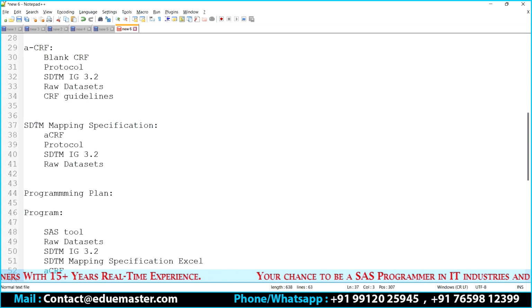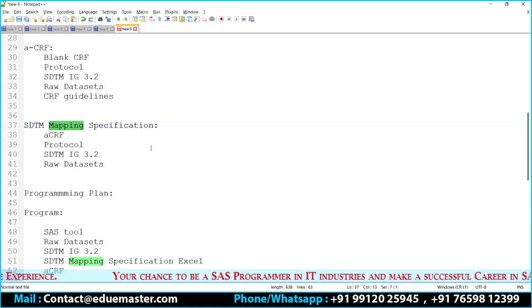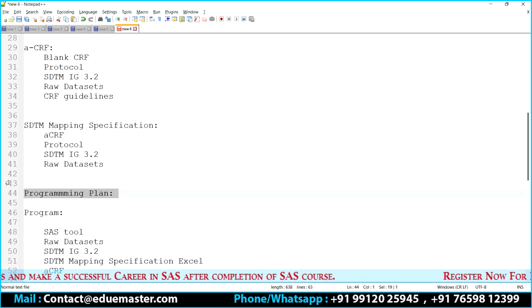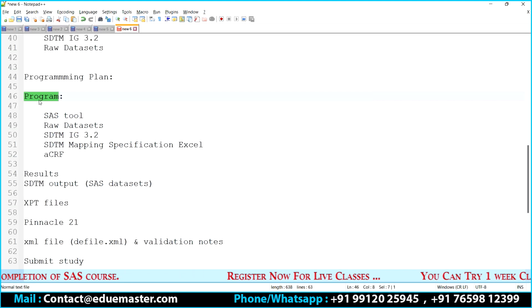Then prepare your SDTM mapping specification, which has information about what variable, what table, what is the length, nothing but the metadata information. Once you have it, have your programming plan.